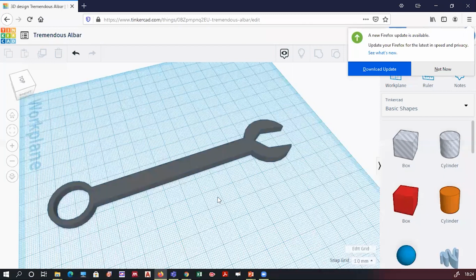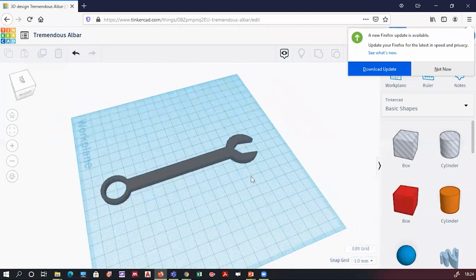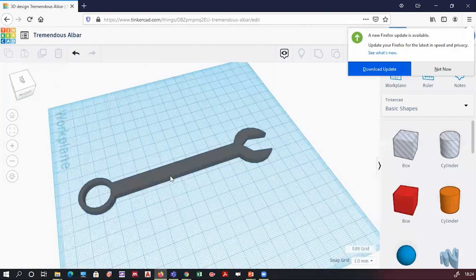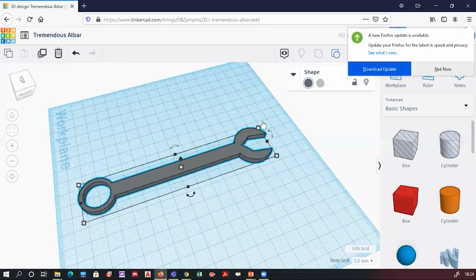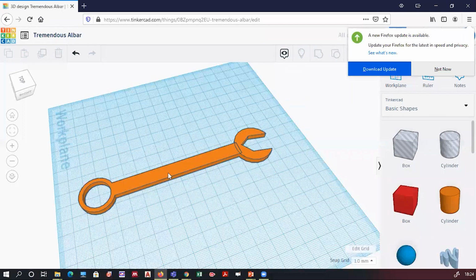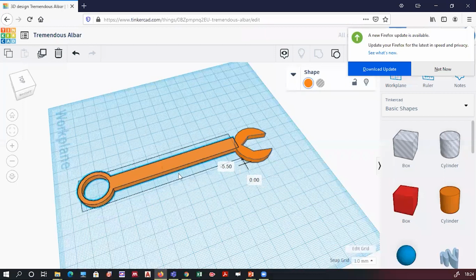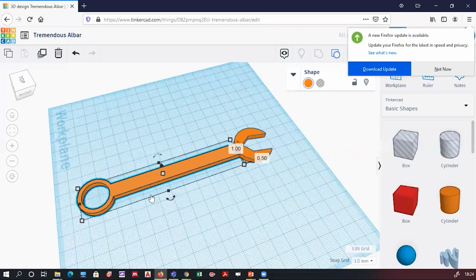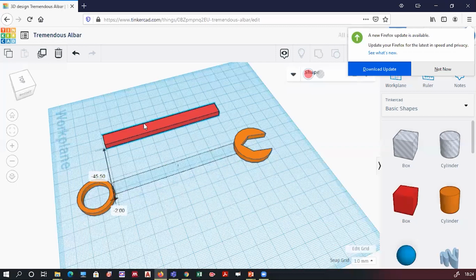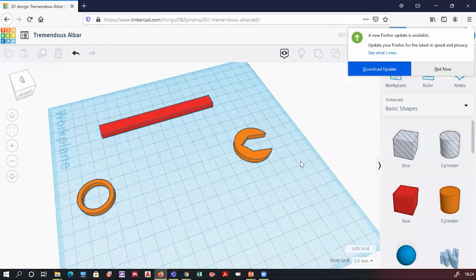So this spanner, what I will do in front of you, I will just separate all the parts so that you can exactly see how I formed it. I have made the spanner using 3 shapes.